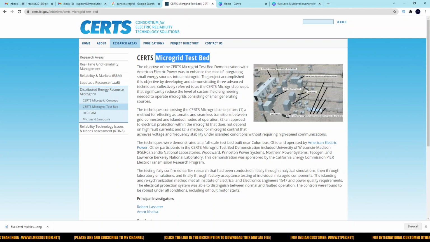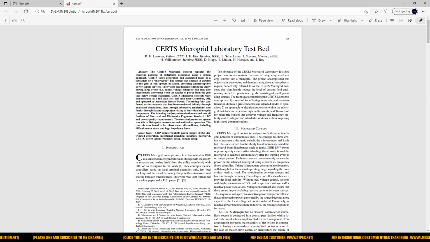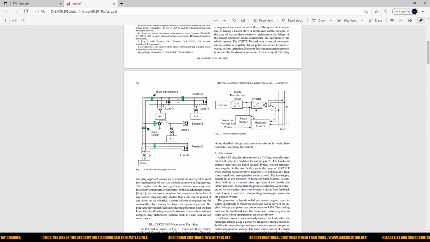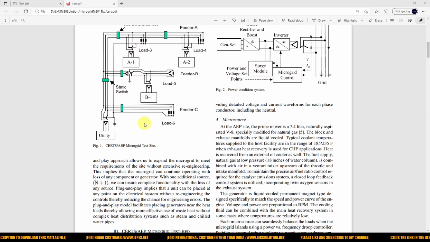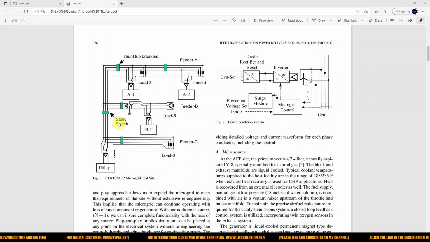So first I'm going to explain about the paper on the CERTS Microgrid Laboratory Test Bed. So here you can see this is the microgrid test site created by CERTS. It consists of different elements. One is the utility grid,